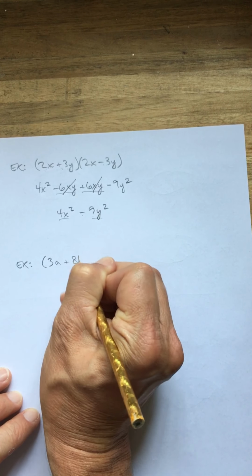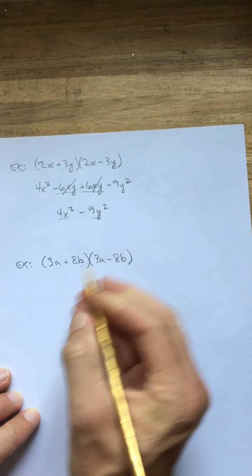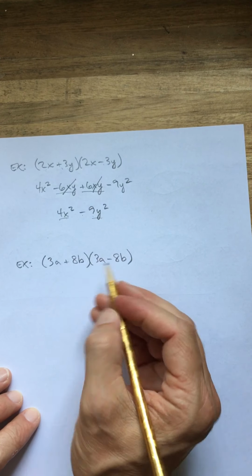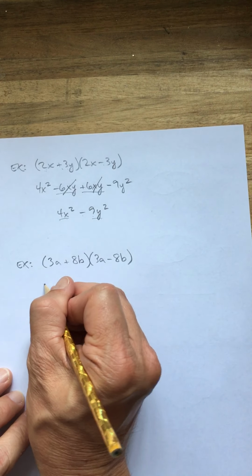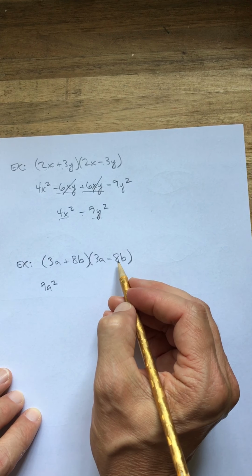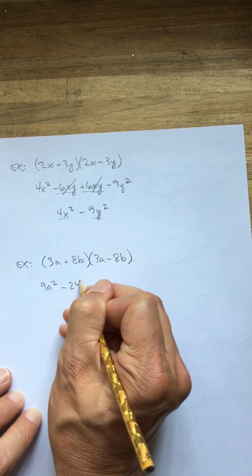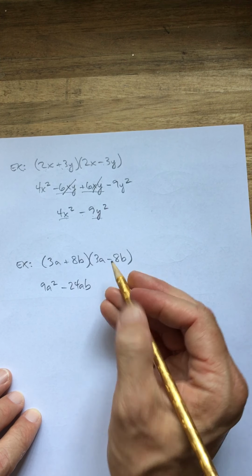3a plus 8b times 3a minus 8b. Notice they're exactly the same except one's plus, one's minus. Okay, so here we go. 3a times 3a, 9a squared. 3a times negative 8b is negative 24ab. Okay, 8b times 3a is positive